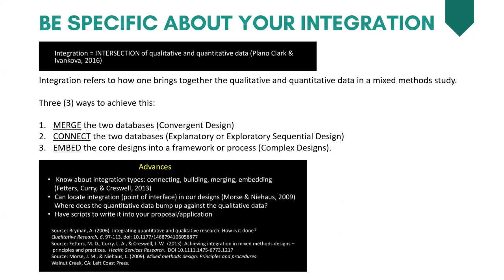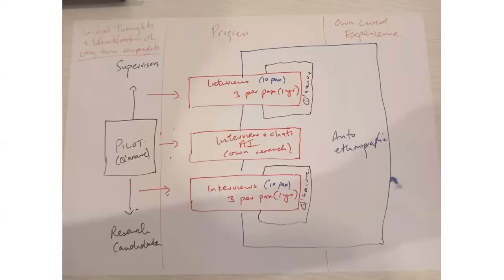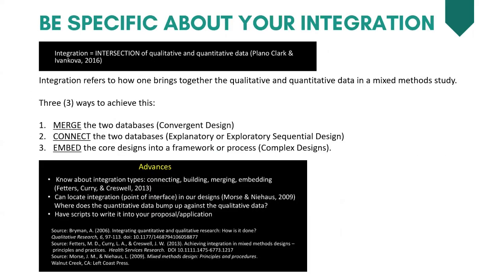Now, my own approach, going back to my ugly diagram here, is certainly more embedded. But what we've got to think about, from the advances in the previous 5 years, is knowing about the different integration types, the connecting, the building, the merging, the embedding,